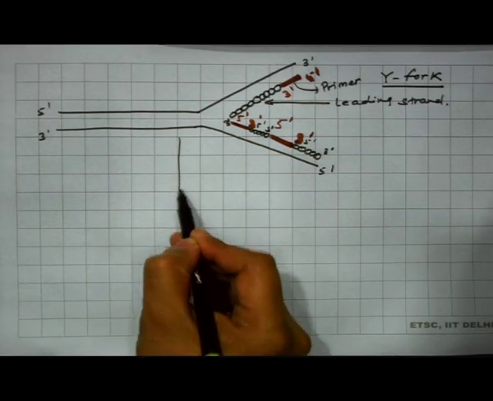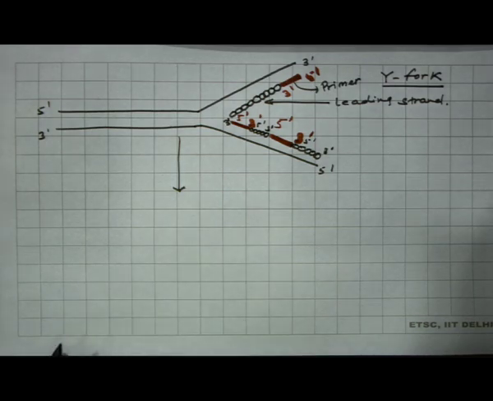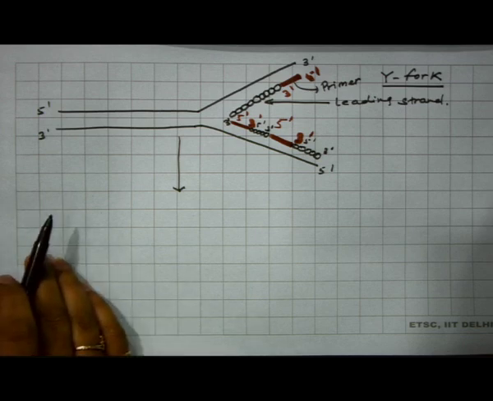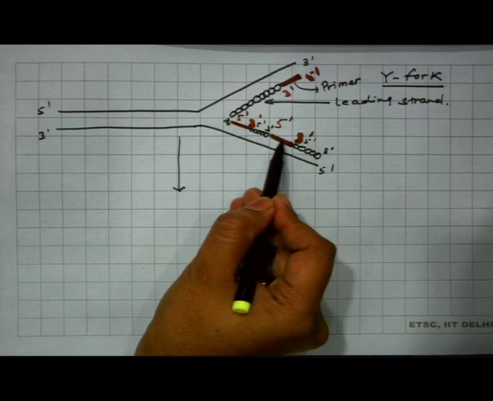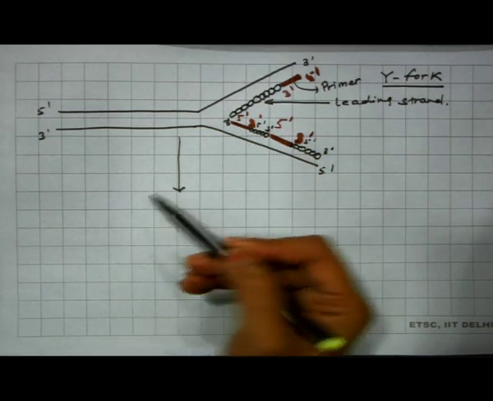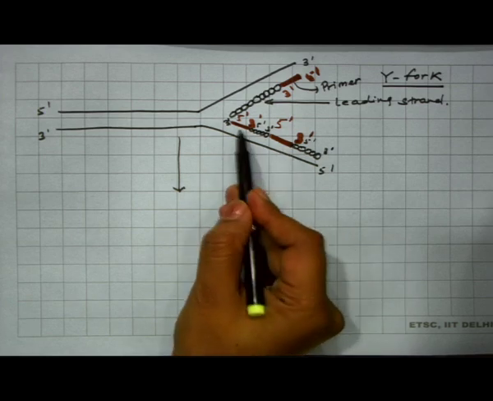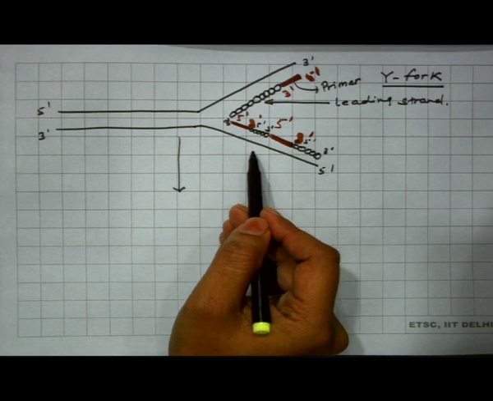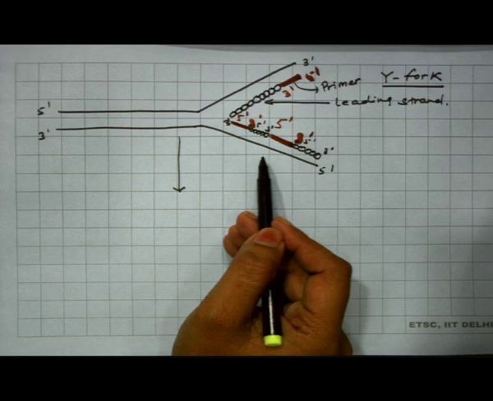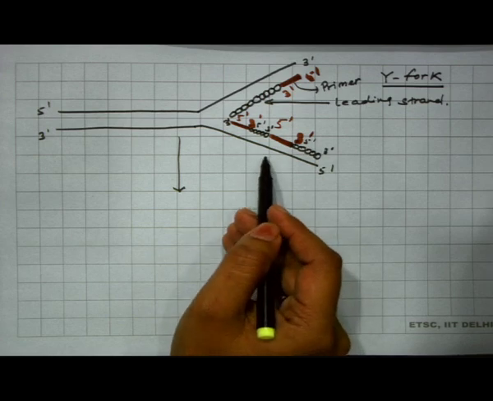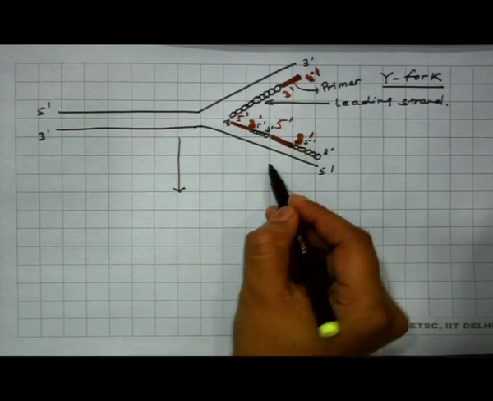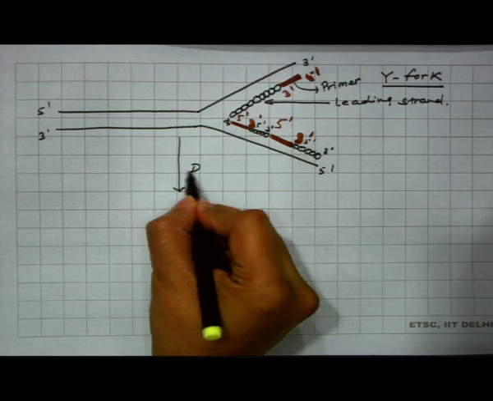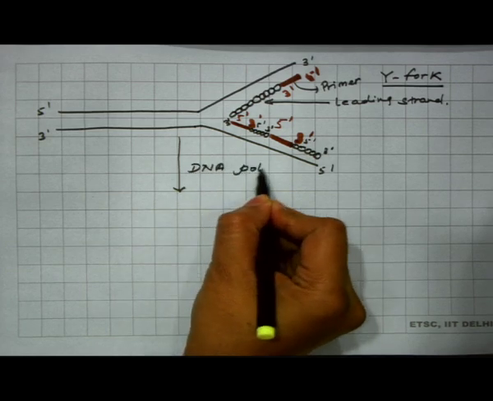But do you think that after the formation of both strands, the daughter DNA, the newly synthesized DNA, is exactly the same as the parental strand? No, it is not exactly the same, because these primers are not an exact copy of the DNA template. These are primers having ribonucleotides, meaning they have uracil nucleotide instead of thymine nucleotide. So these primers are removed by an enzyme, one of the types of DNA polymerase,